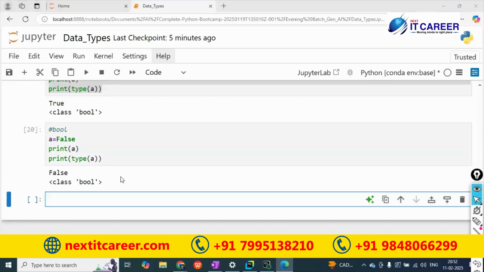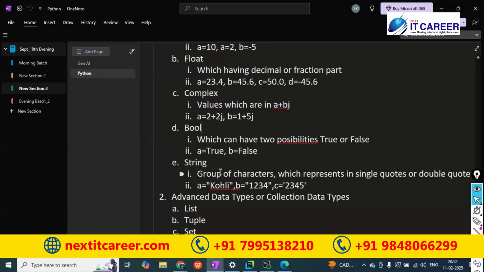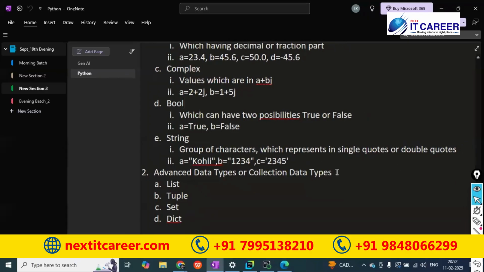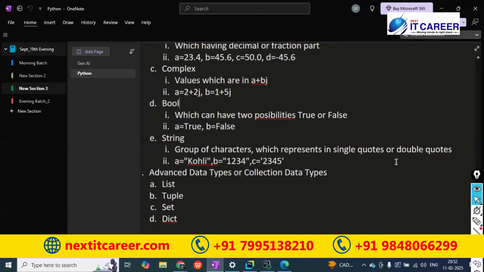We are done with that. Next, strings. Strings are groups of characters represented in single quotes or double quotes. You might have the question of when to use single quotes and when to use double quotes. Generally we can use whichever we want, but when we want to use a combination of single and double quotes, we have to be careful.